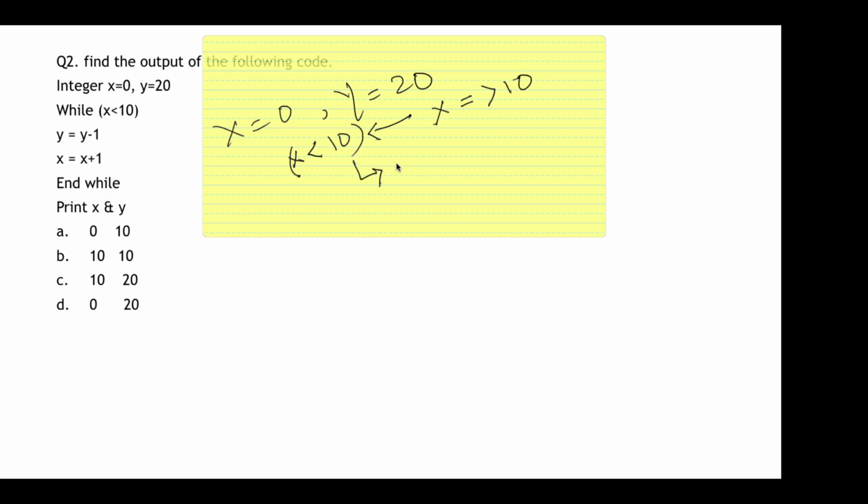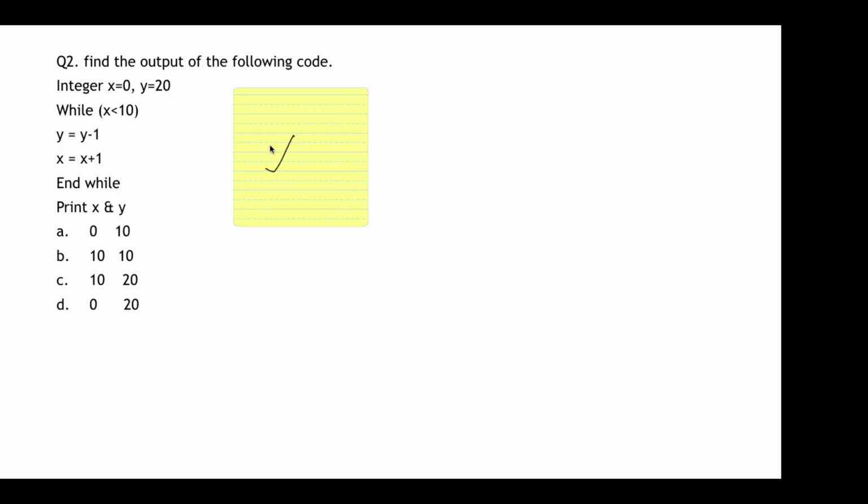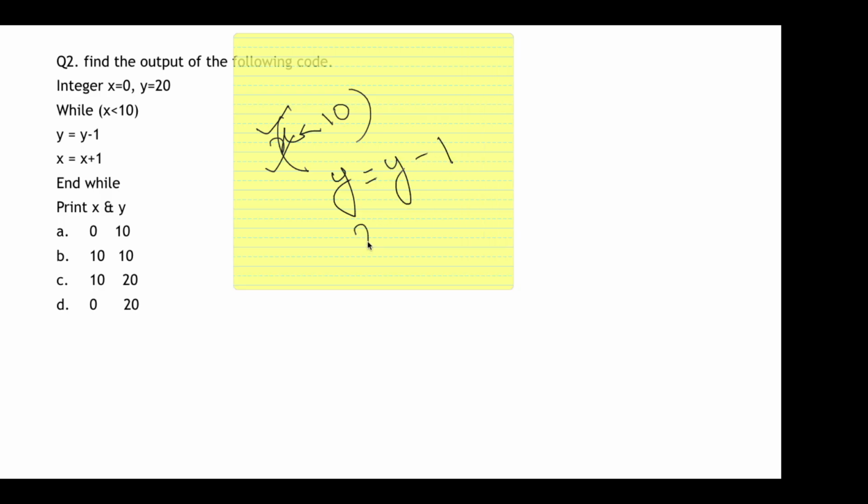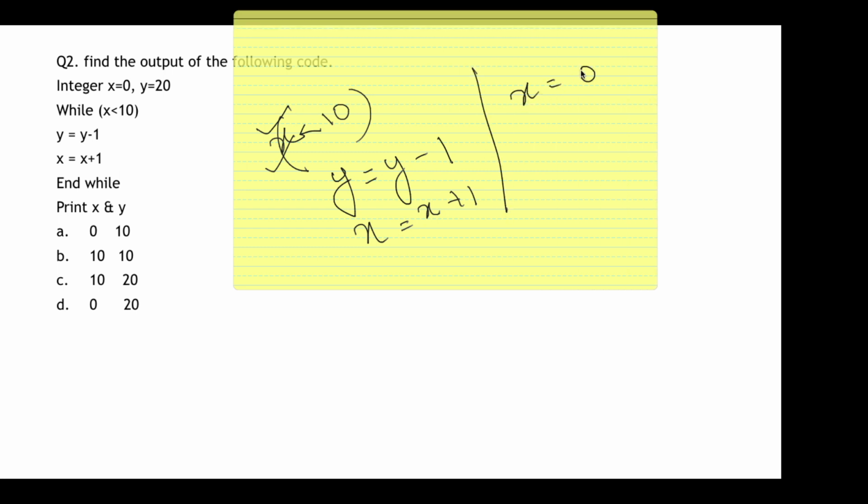That means if x value is 0, then the loop will run till x is equal to 9. Now if this condition, x less than 10, is true, until that time y is equal to y minus 1 and x is equal to x plus 1. Okay, now we can see that x value is equal to 0.